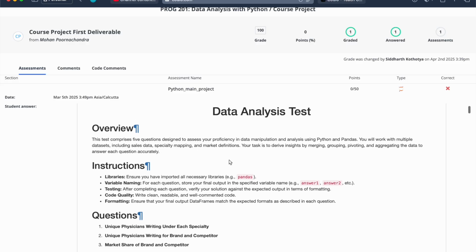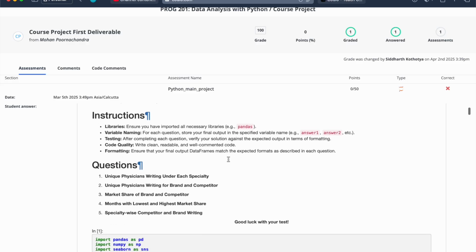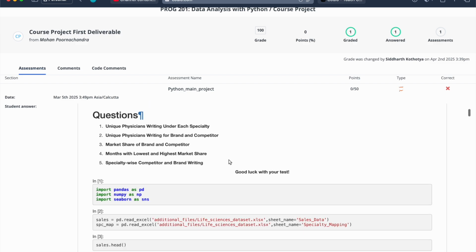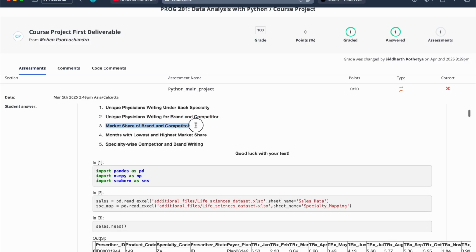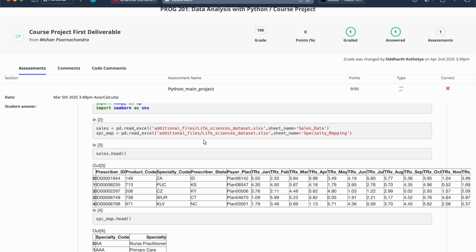We do various kinds of analysis and I'll just give an overview of the analysis I did in this project. We'll find the unique physicians writing under each specialty, unique physicians writing for brand and competitor, market share of brand and competitor, months with lowest and highest market share, specialty wise competitor brand writing. Firstly, this is our data set,